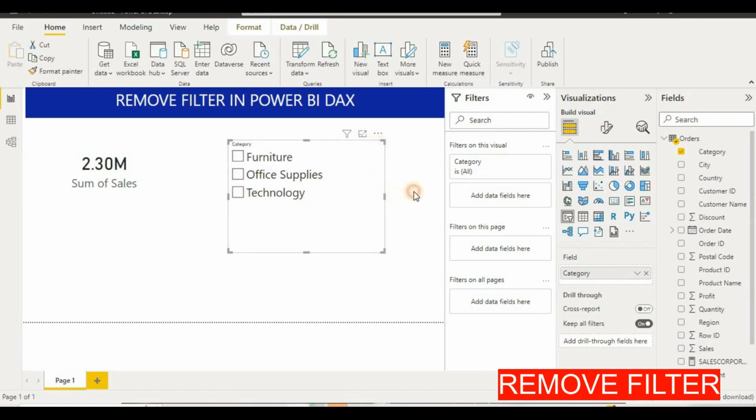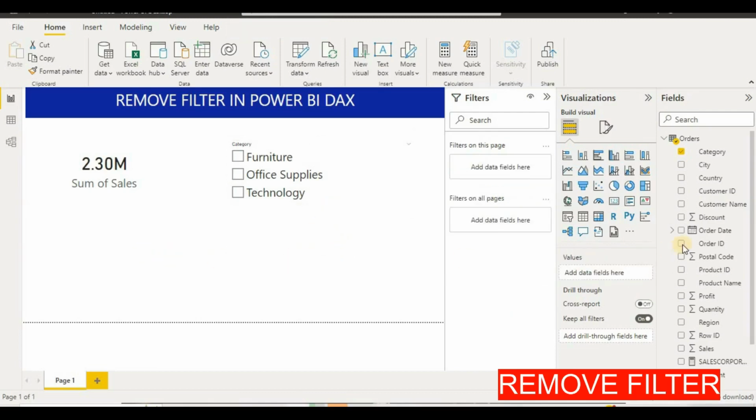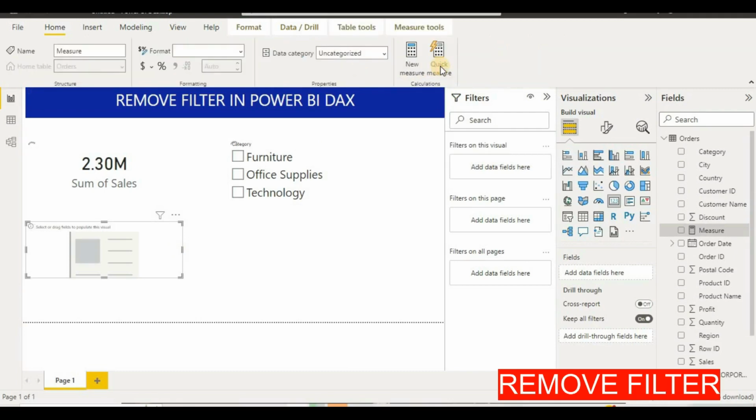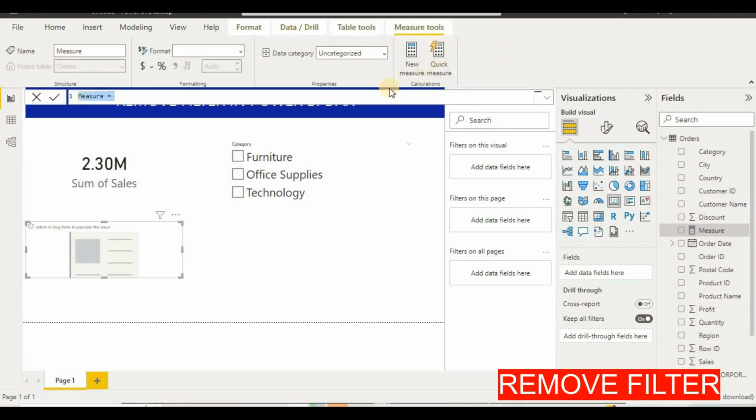Suppose we want a filter where we don't need any filter for sales, so what we will do, I will make a card here. I will go to the card, and now I will go to new measure and create a total sales measure with a remove filter option, so that we don't have a filter there. So I will make total sales equal to, I will give the formula CALCULATE,